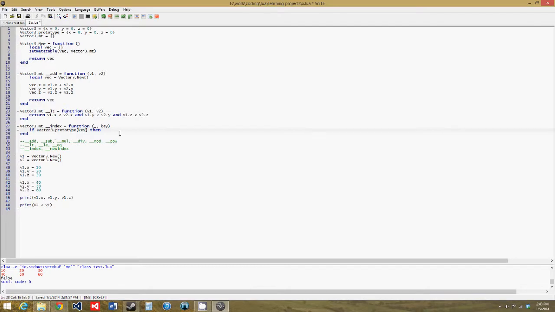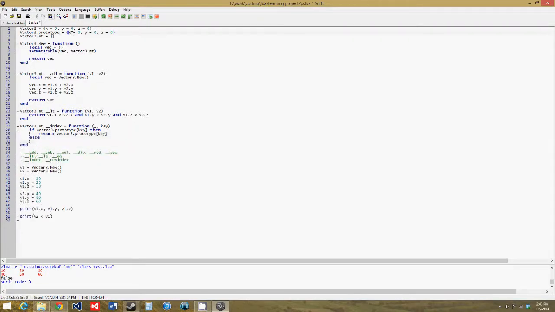Vector3.prototype. I can't type today. So if vector3.prototype at position key does not equal nil, then we return vector3.prototype at position key. And then we're going to say else. So if the value does not exist in this prototype table, which is the exact same as this table, then